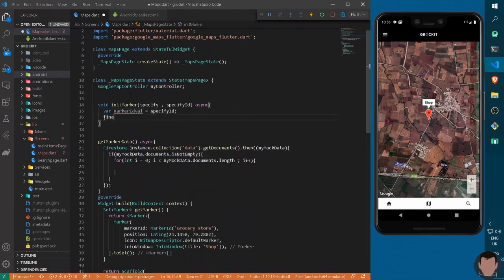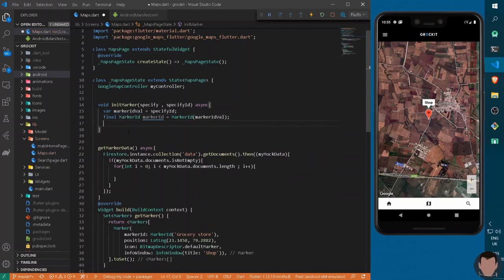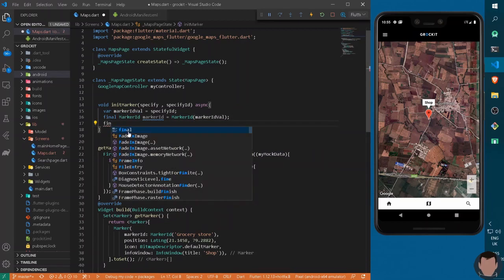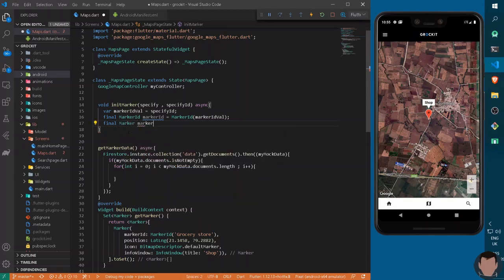And downside here, we can declare a final MarkerId markerId, which should be equal to MarkerId of the marker value, which is the markerId value. Now after this, we can also declare a final marker object instance. So I can write here final Marker marker is equal to Marker.